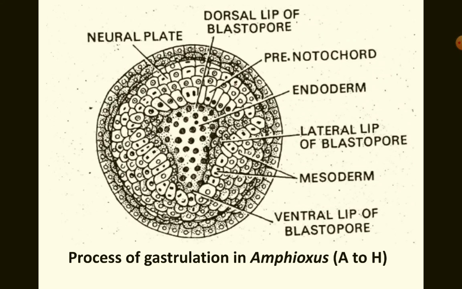Now this is the final structure of gastrulation in Amphioxus. You can see the ventral lip of blastopore, the dorsal lip of blastopore, and two lateral lips are also formed as the blastopore becomes constricted, and the ectoderm expands all over the surface of this embryo, and the ectoderm covers almost the whole surface of the embryo. Endoderm has moved inside completely, and even the mesodermal cells have involuted inside.